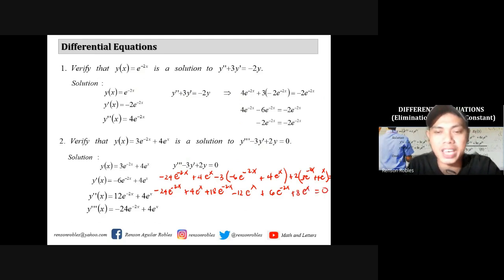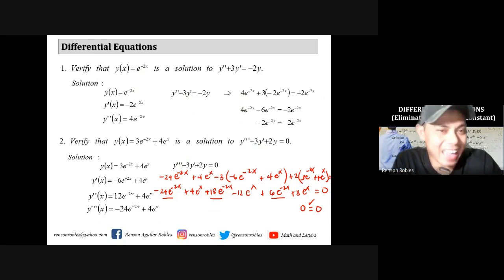So we shall be expecting that the whole bunch of expression on the left side should be equal to 0. Where then we can combine negative 24 e to the negative 2x plus 18 e to the negative 2x, that is negative 6. Negative 6 e to the negative 2x plus 6 e to the negative 2x, that is 0. Then 4 e to the x minus 12 e to the x, that is negative 8 e to the x, plus 8 e to the x. In fact, that is equal to 0. And that is equal to the left side. So 0 equals 0, and that